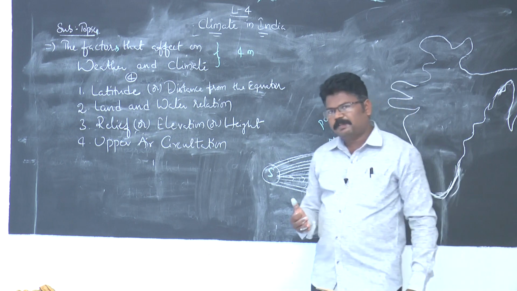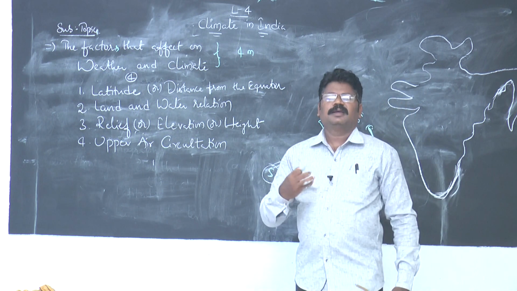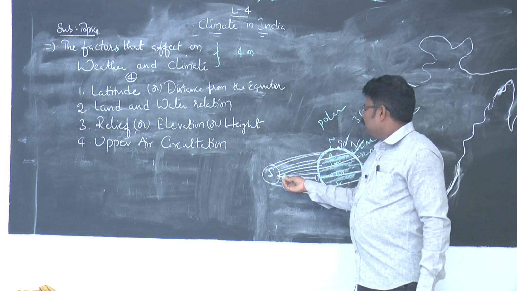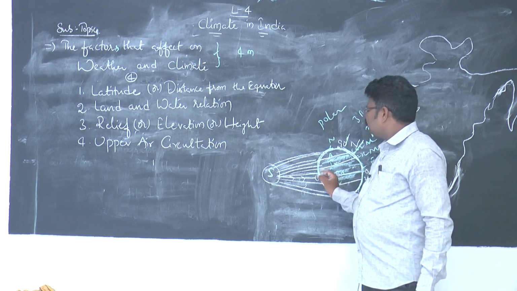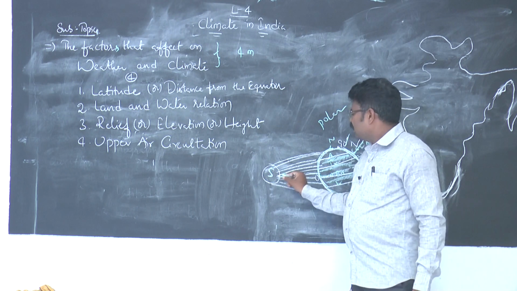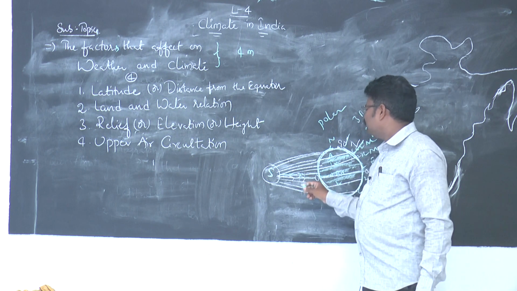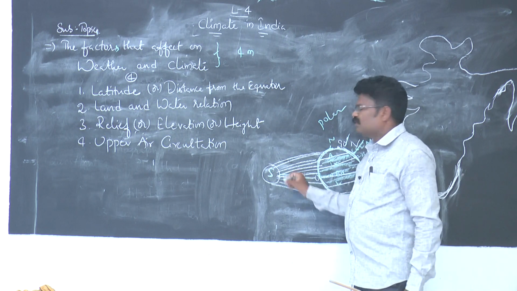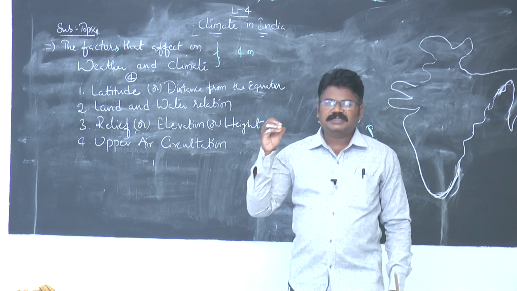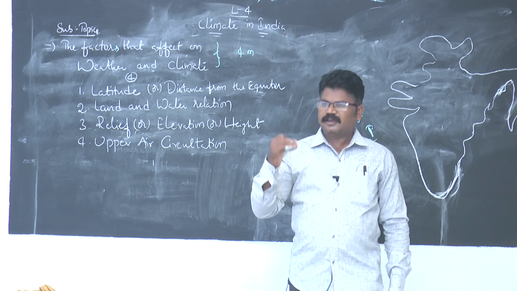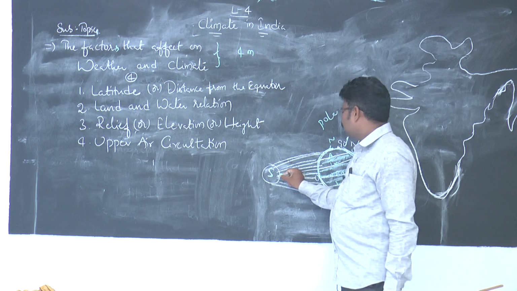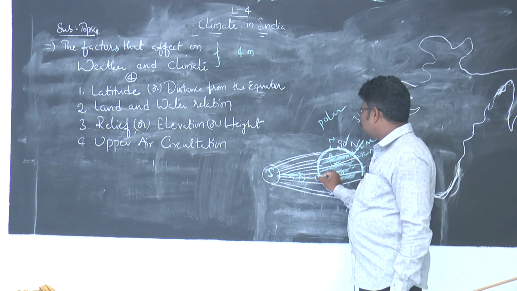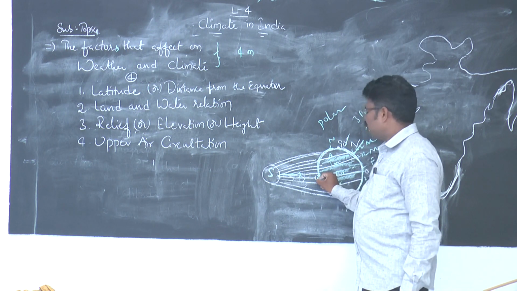In the meantime, what happens? Our earth receives heat and light from the sun. Very important: when the face of the earth comes near the sun, at the 0 degrees latitude the sun's rays always fall vertically. It is a straight angle, a 90 degrees angle. The sun's rays always fall vertically, at a right angle, on the 0 degrees latitude,